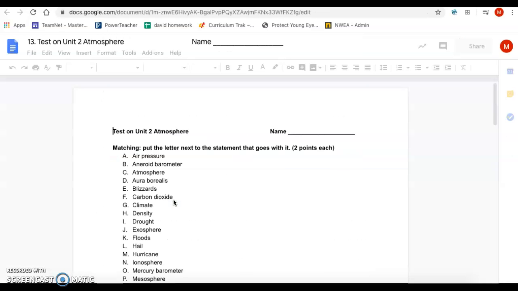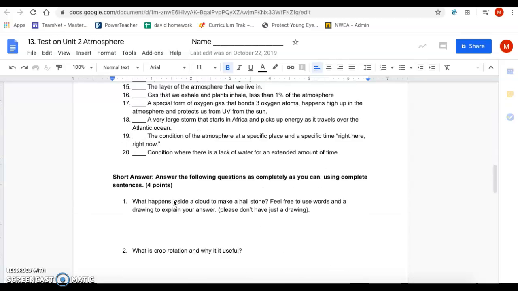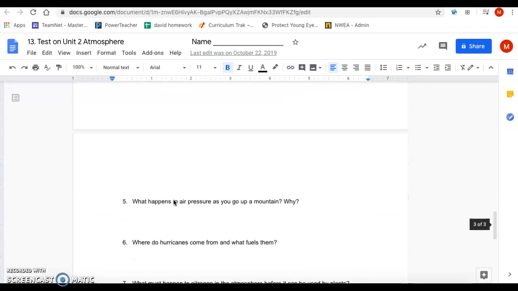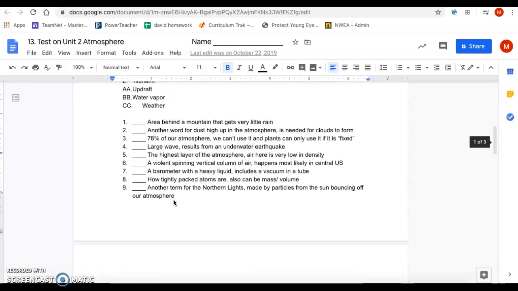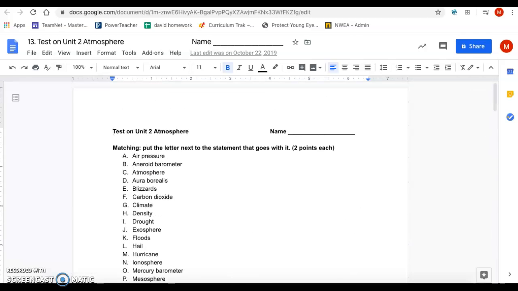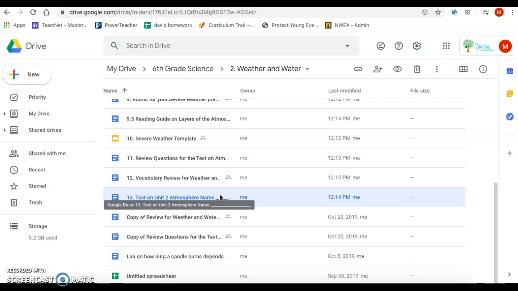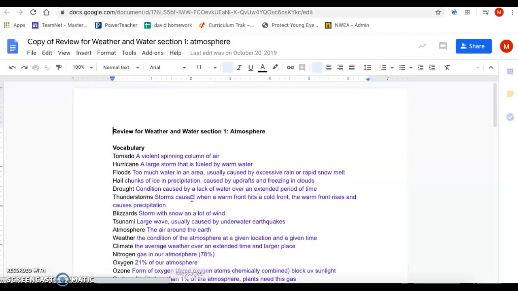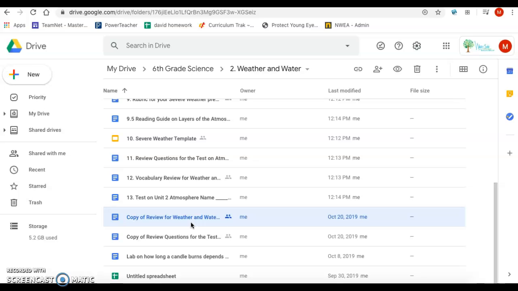Okay, here's the test. Most of my tests were all a section of matching and then a section of short answer. I found that to be pretty good, pretty complete. You do what works for you though. Okay. Now in my stuff, whenever you see copy of, that's just answers. That's just where I took it and I put the answers in. I usually would release these before the test, just so students can check their answers with my stuff and really just make sure that they are not studying